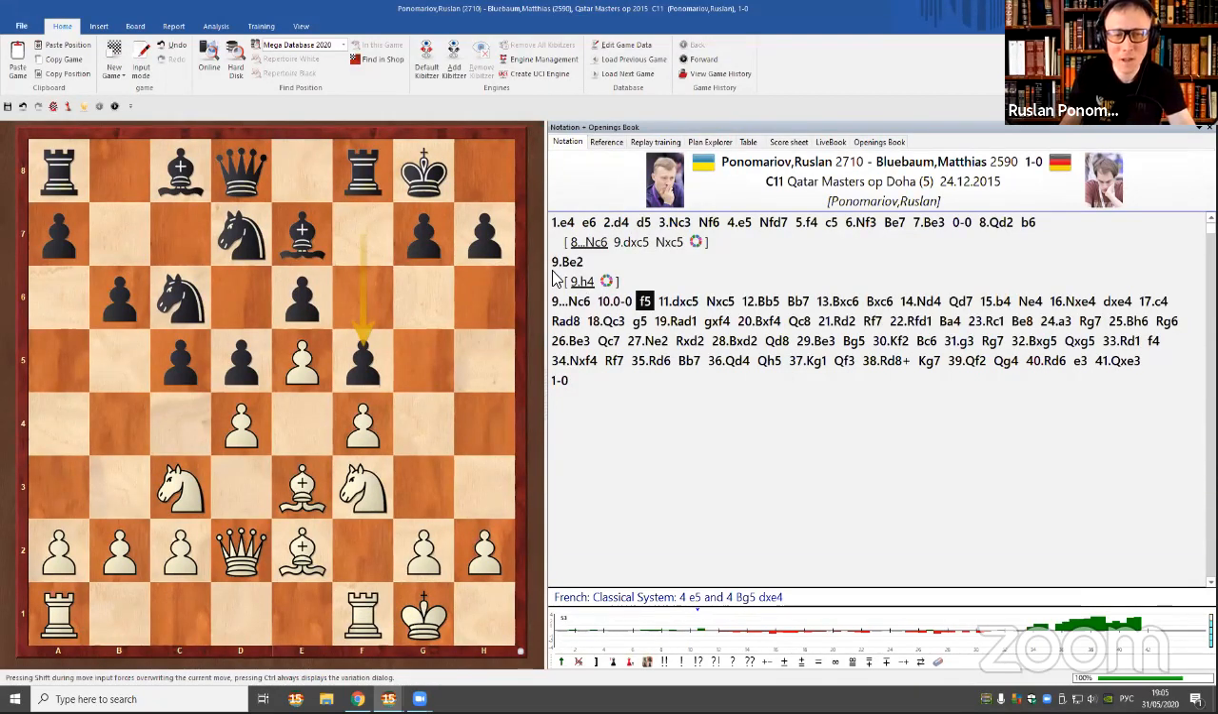And once again, for example, if you check the evaluation, sometimes French structure is a little bit complicated with engines because the position is closed. And for engines, to understand and realize the plan, maybe modern ones like AlphaZero, Lc0, but at least even Stockfish, sometimes don't really understand immediately. You need to make some moves. You know? In this game,